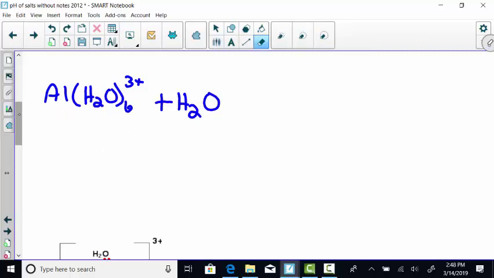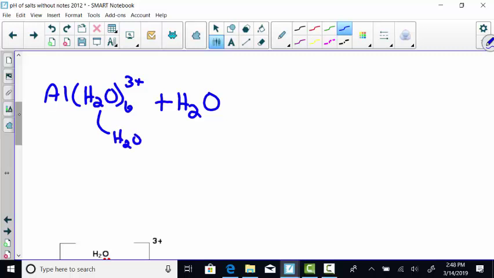So there are water molecules everywhere in this. But what happens is one of these H2Os, one of the 6, and it doesn't really matter which of the 6 because we never really know, will actually give up a hydrogen to the H2O. And so when it does that,